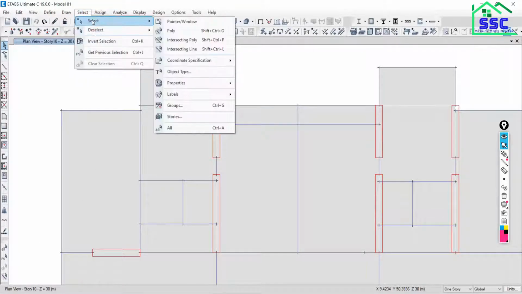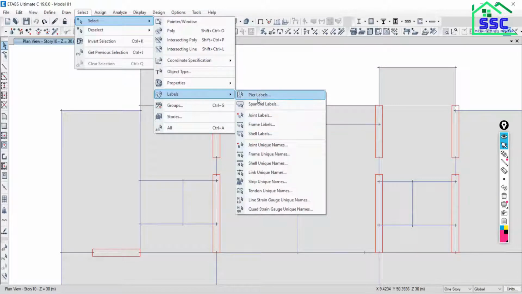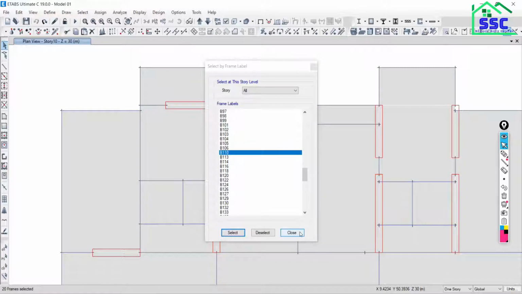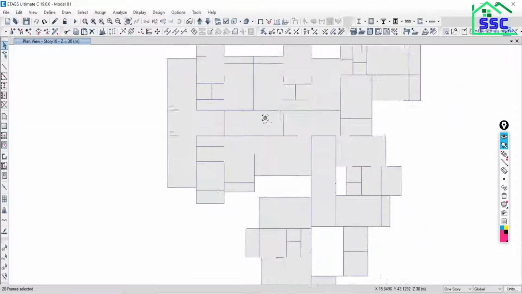Go to Select, go to Labels, go to Frame Labels. Just come down, select B8 and B110. Just say select. Yes, my mistake.